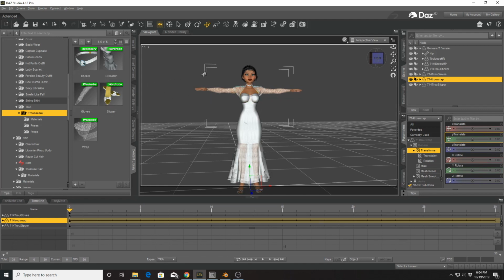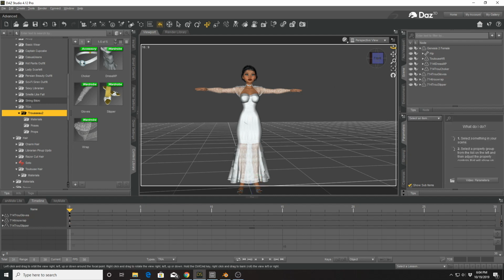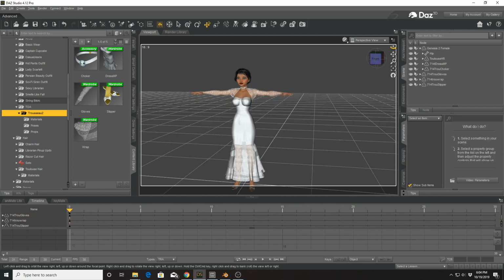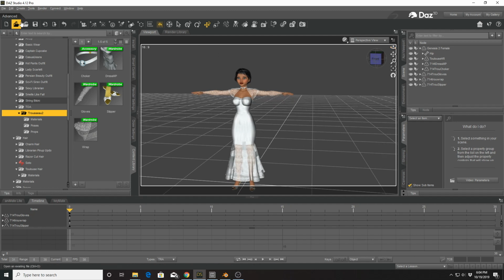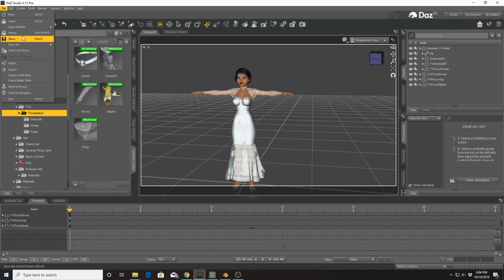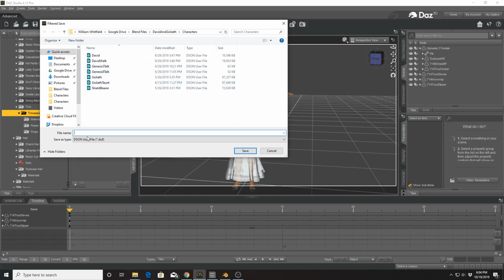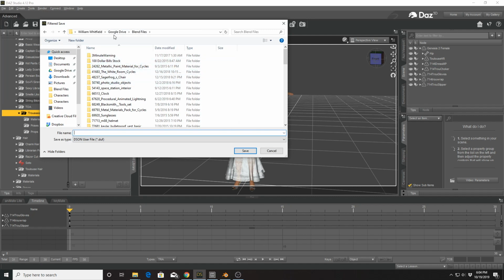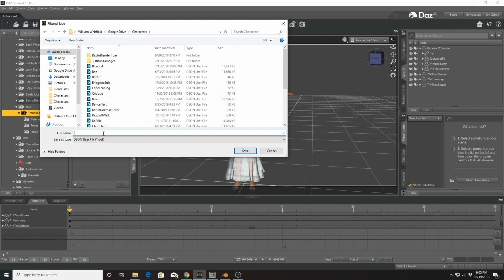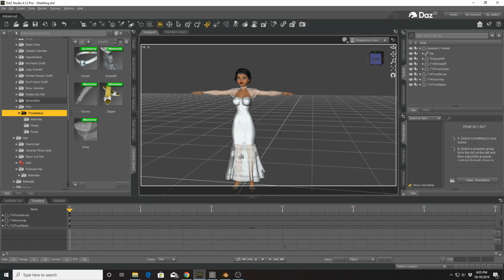And now I already have a character here that I want to export to Blender. It is pretty much ready to go. It is based off the Genesis 2 female model. There's a character with a wedding dress on. So now I want to save that character, just like I would anything else in DAZ Studio. My first time working with it, so I will hit, go find my characters directory. I'm gonna call this one wedding. Save that file. Doesn't take long.